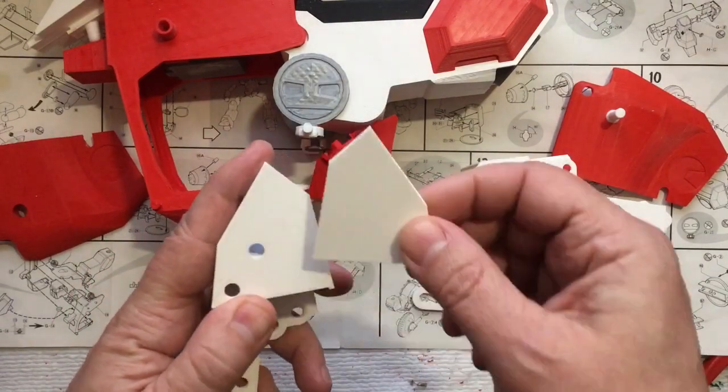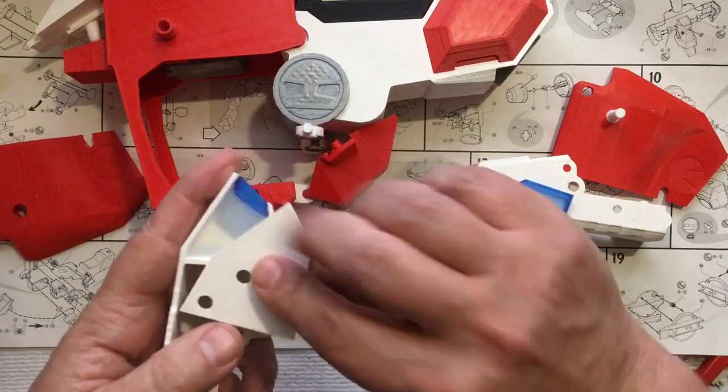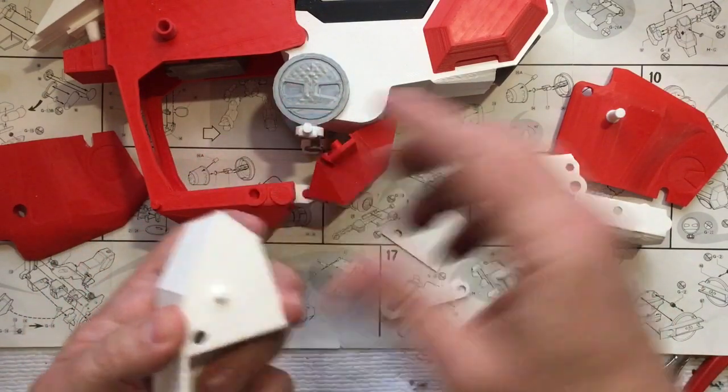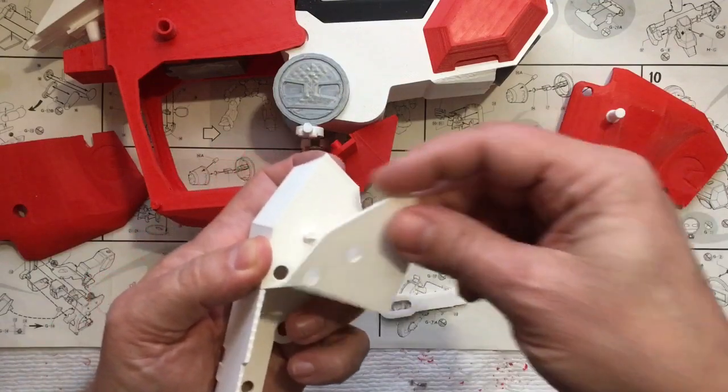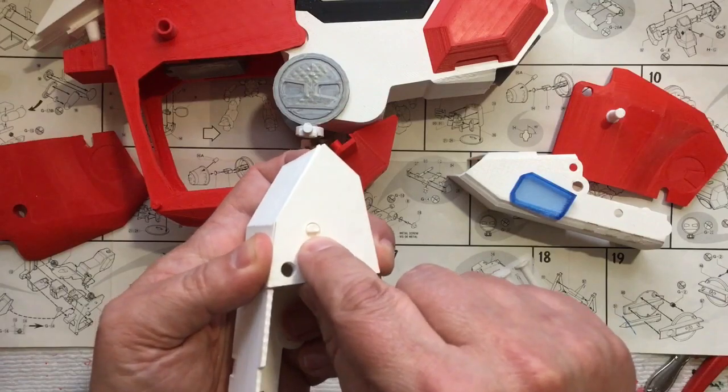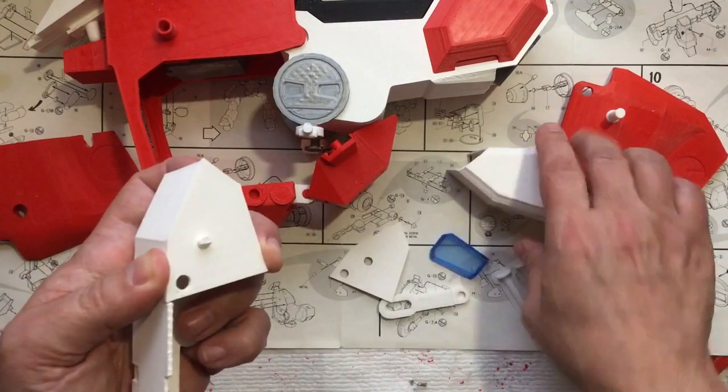That's what lines these up. Oh, wait a minute, I put those on the wrong side. This one goes that way, that one goes here. And so that post goes into that hole to kind of keep those aligned. You notice, though, I had to trim that off because that interfered with